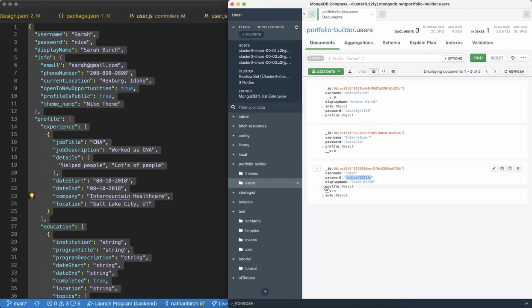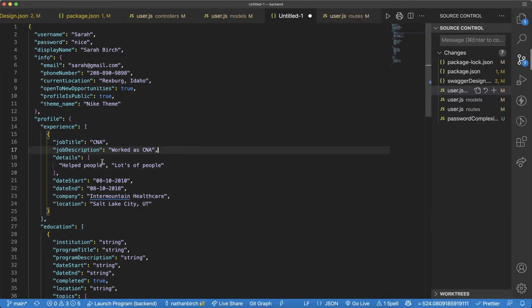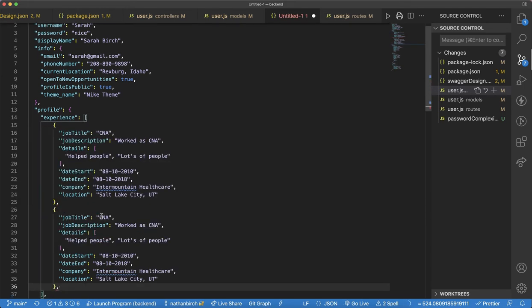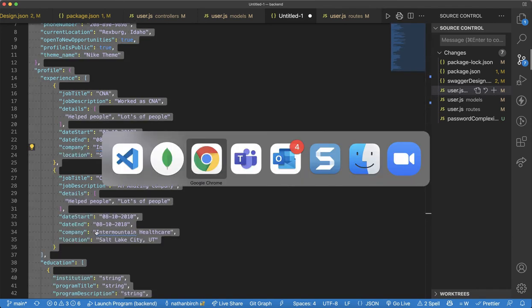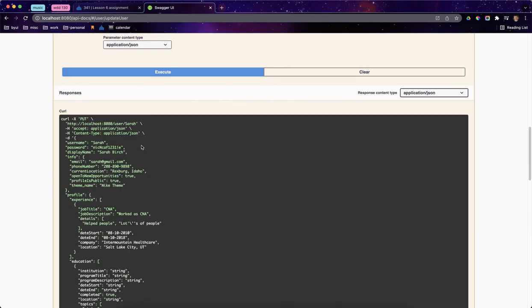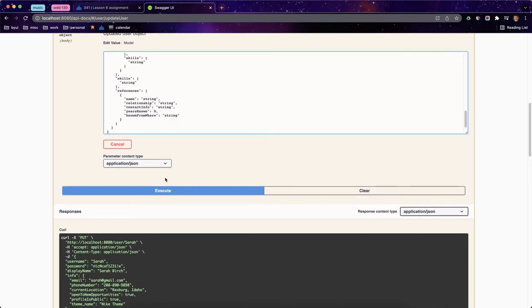Okay. Now my put here is extremely vague, right? If I wanted to add a new job experience, for example, I totally could. Okay, if I just hit copy and paste there, and say, oh, this person worked for a while as a CEO of an amazing company, and we'll just leave the rest of that the same. Okay, but I am going to copy this whole thing, and if I go back up to update user again and I paste that,